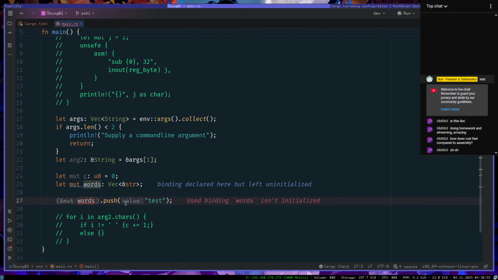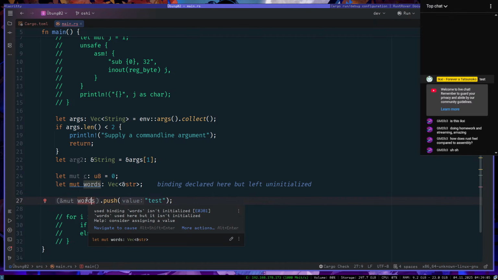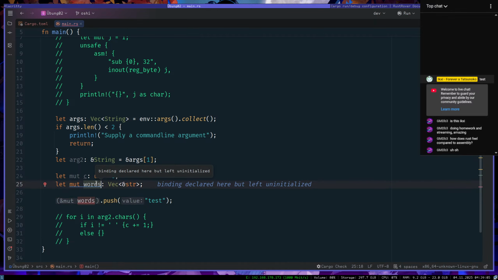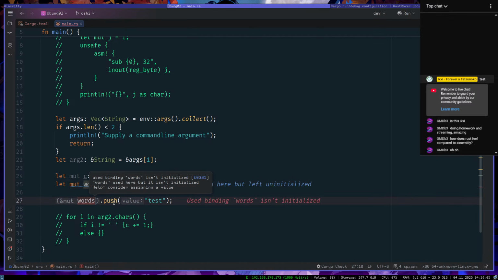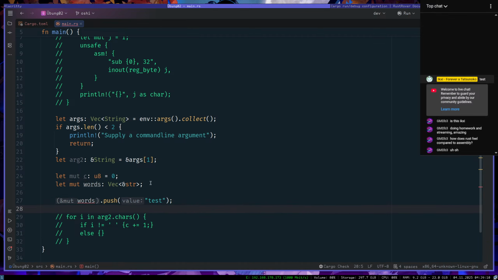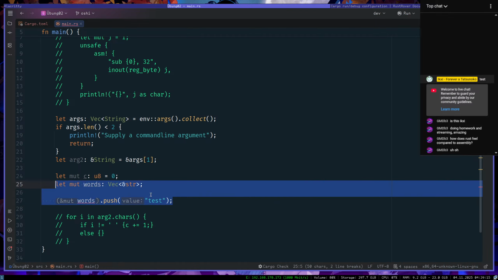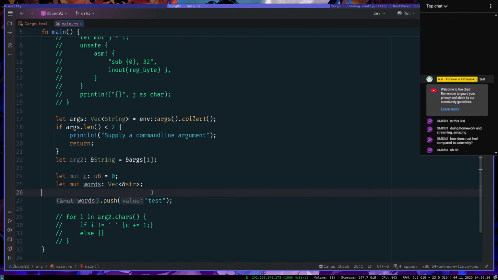make words mutable. Used binding words isn't initialized. Binding declared here but left uninitialized. Love her just, how would I initialize this now?